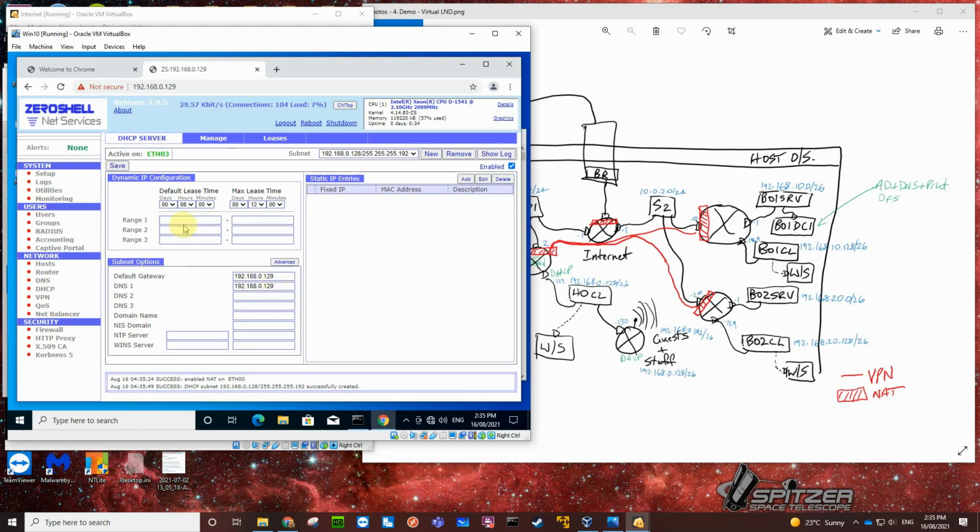Okay. So it's on this card here. The default gateway is going to be that. The range is going to be from, let's go from, well, it can't be 130 because 130 is going to be this card here. So let's call it from 131. So 192.168.0.131. And the end part is going to be before we get to the 192. So the broadcast address of the previous subnet is going to be 191. So the last usable IP address is 190. So let's go to 190,